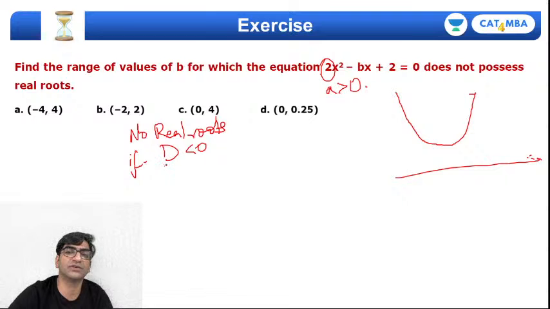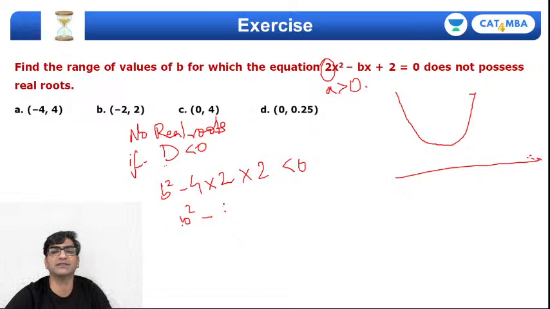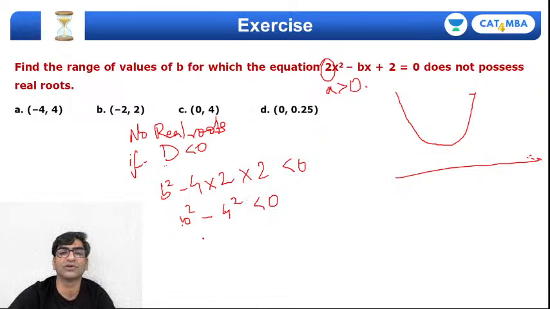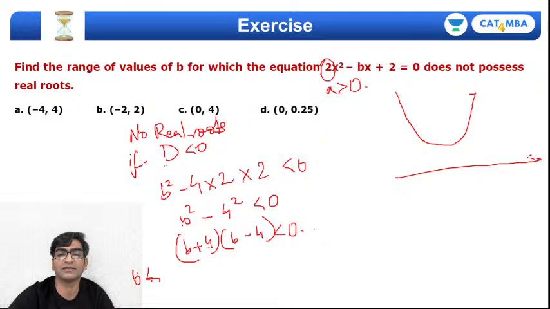d लेस देन 0, d क्या होगा, b स्क्वायर माइनस 4 इंटू 2 इंटू 2 इज लेस देन 0. सो b स्क्वायर माइनस 4 2 8 2 16, b स्क्वायर माइनस 16 इज b स्क्वायर माइनस 4 स्क्वायर इज लेस देन 0. मतलब b प्लस 4 इंटू b माइनस 4 इज लेस देन 0. Right? b plus 4 less than 0 means b is less than -4, right? And if b